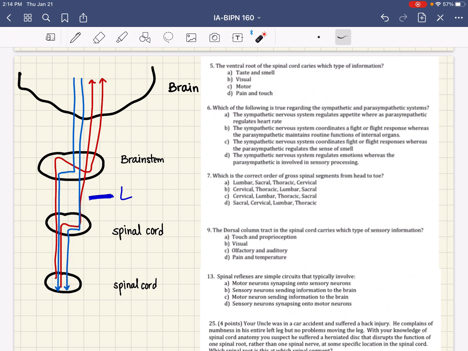Okay? But if we were wanting to see this tract, then if this part is injured, then we would have to look at